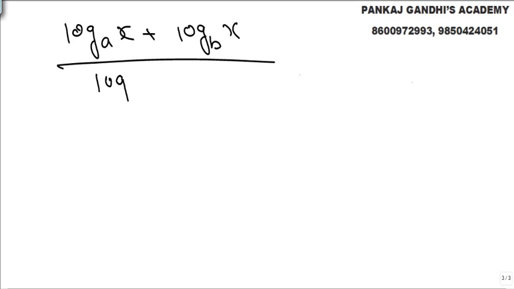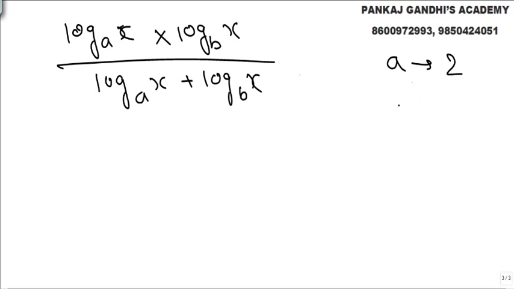Now I will always prefer you go with the answer options. Let's say you don't know anything, how does it work out? We need the value of log to the base a x plus log to the base b x. Let's take multiples. I take a as 2, my favorite values, and since these are multiples it becomes easier for us. x value 16, so powers calculation will be easy.